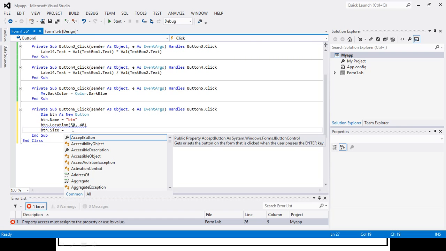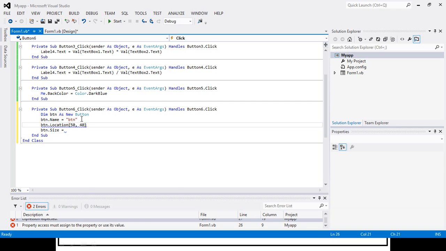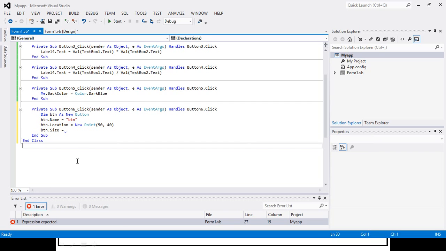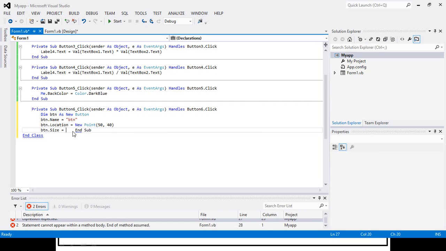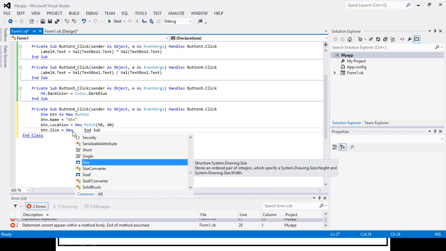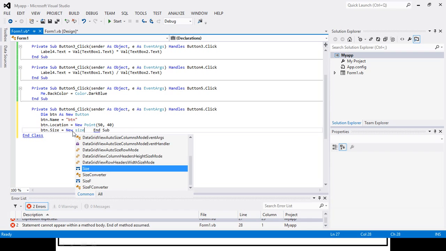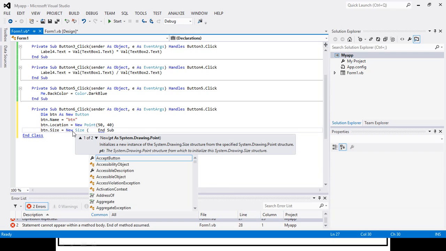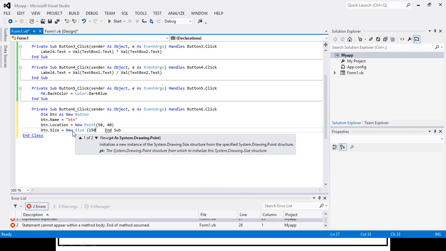One new part is here, Location equal to New Point. This is required to show. Here also we will need New, not Point, New Size, and here we will specify the size of our button.